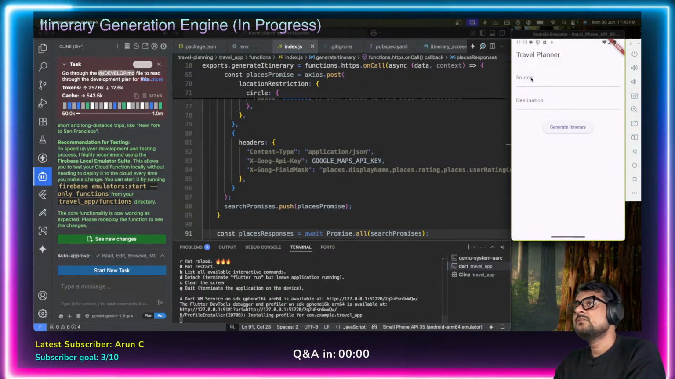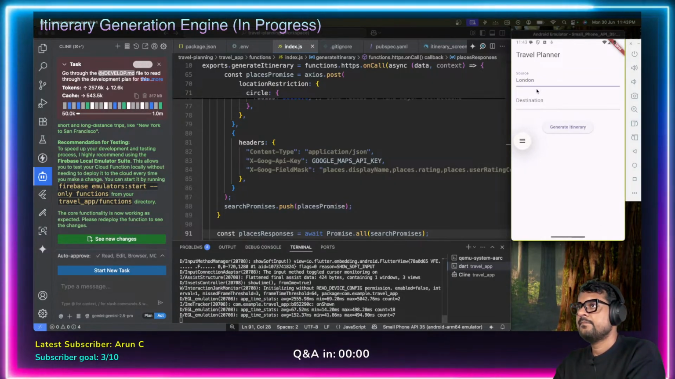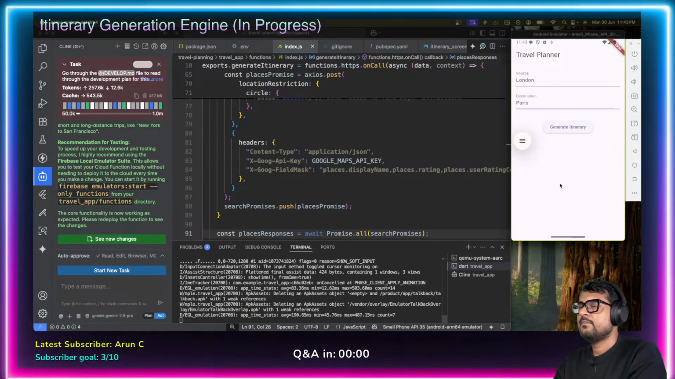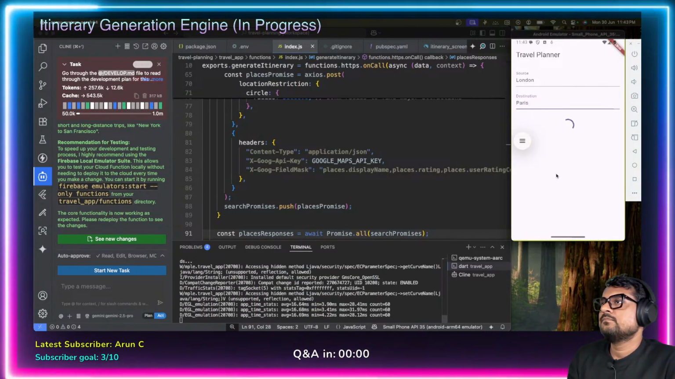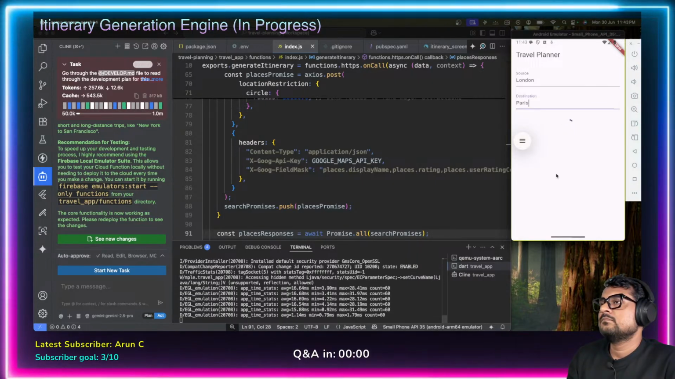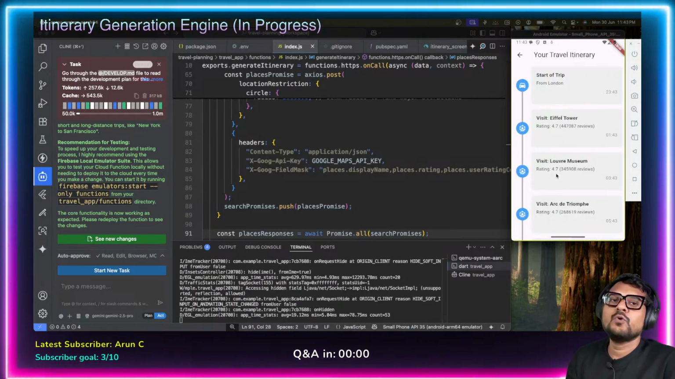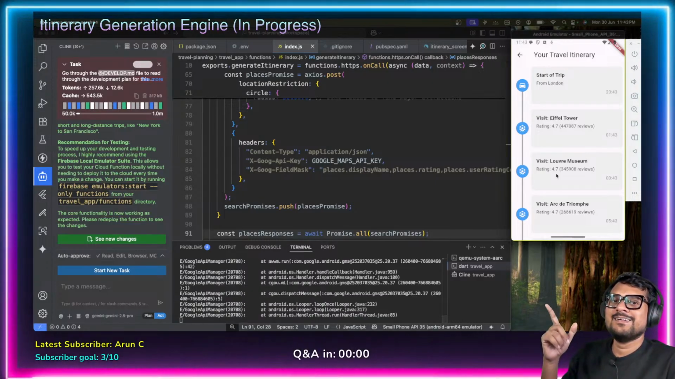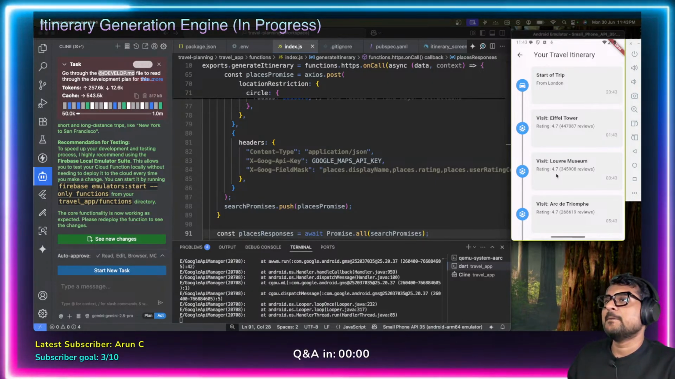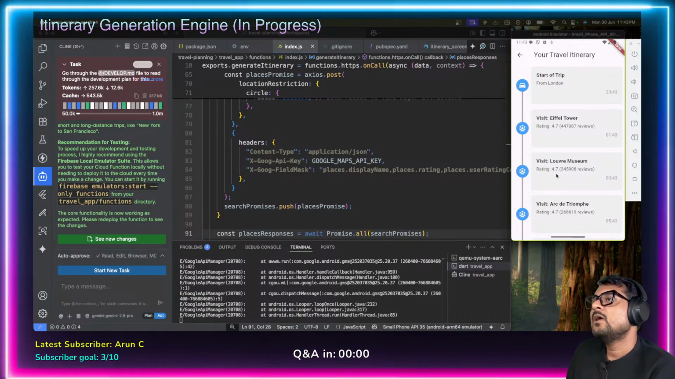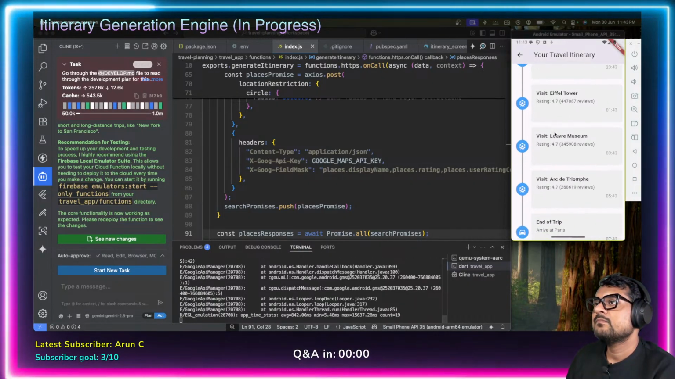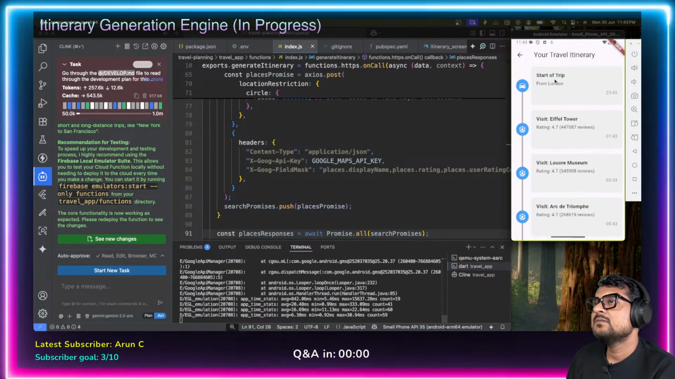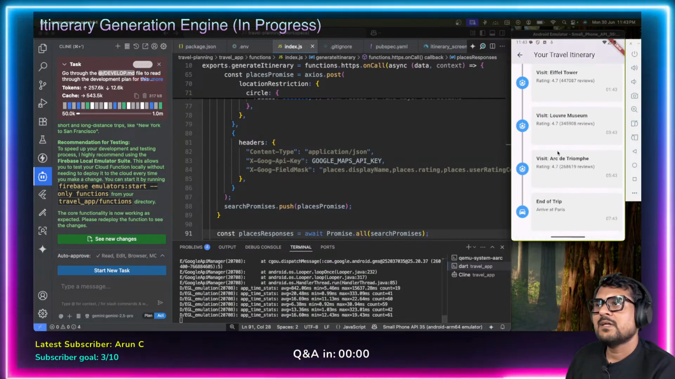Again, London to Paris. Let's see what we get. Whoa, this is good. This is nice. This is better, much better. So now, okay, but from London we straight away jump to Eiffel Tower, which is in France, and this is better,